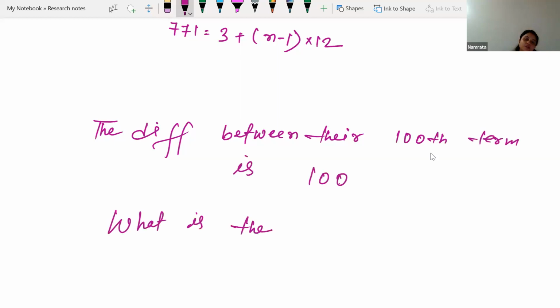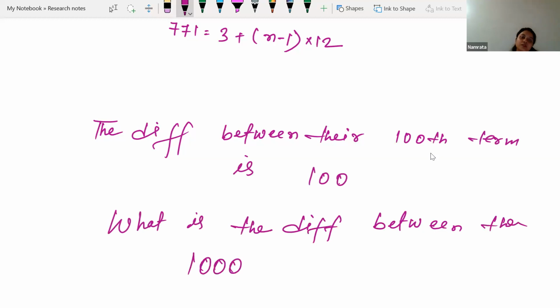The difference between their 1000th terms is